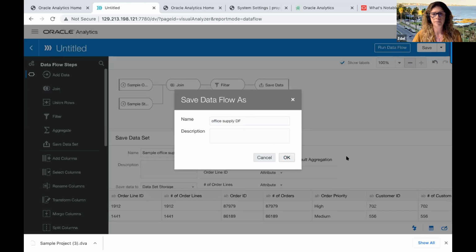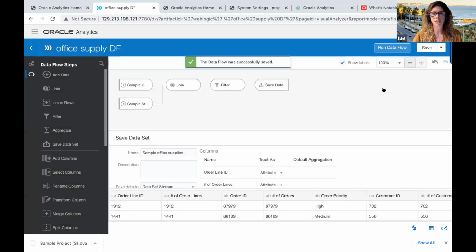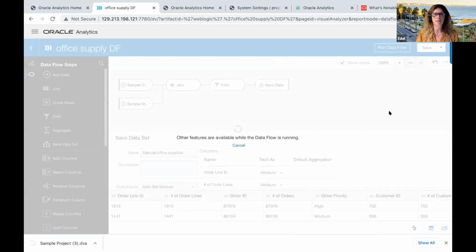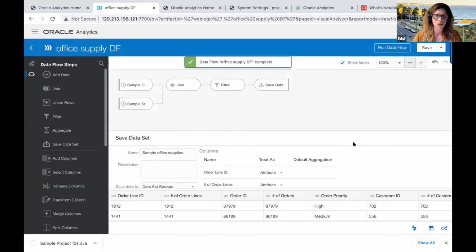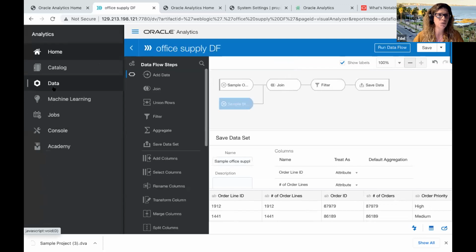Okay. And I just run the data flow, and I create a new data set in OES. Okay, it's very simple, very easy to use, again, without having to enter any line of code. Even when I have to create data flows, I can create some machine learning models too. I don't think I will have time to show you that. The only thing that I will show you is that if you go to data,